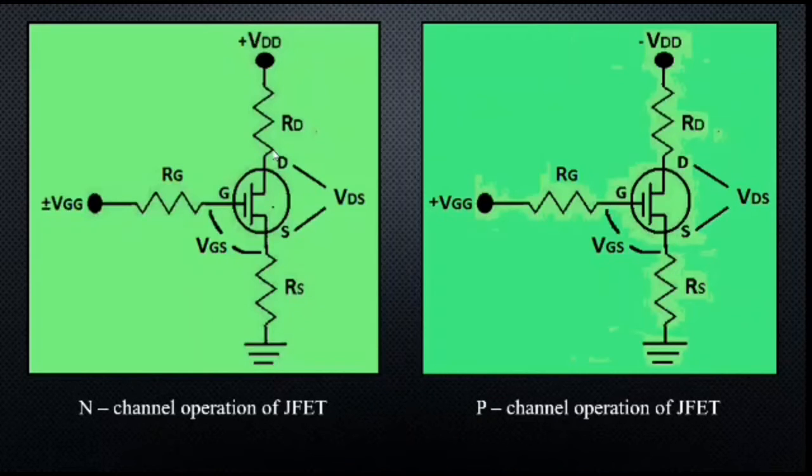For turning off the N-channel JFET, the positive bias voltage can be turned off or a negative voltage can be applied to the gate terminal. Thus, by changing the polarity of the gate voltage, the drain current can be reduced and then the N-channel JFET is said to be in off condition.